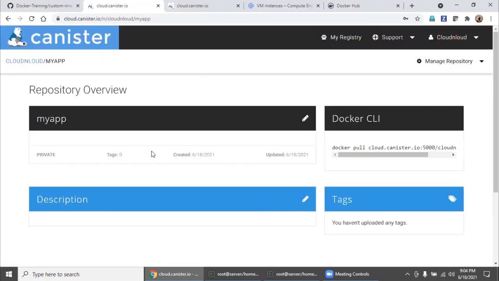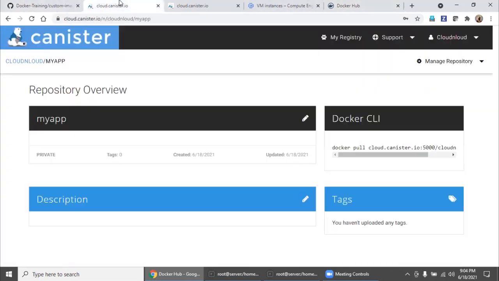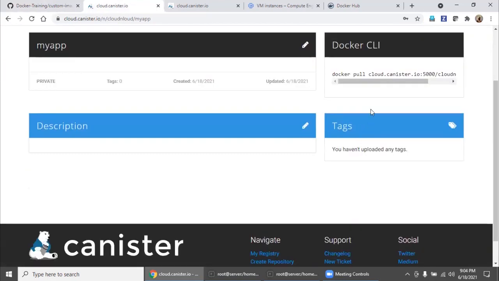Submit it. The moment you create it, it's like hub.docker.com, what we did, the same. Cloud and Loud and the repository name. Here you see docker pull cloud.kanister.io:5000/Cloud and Loud/my app. This is your repository.